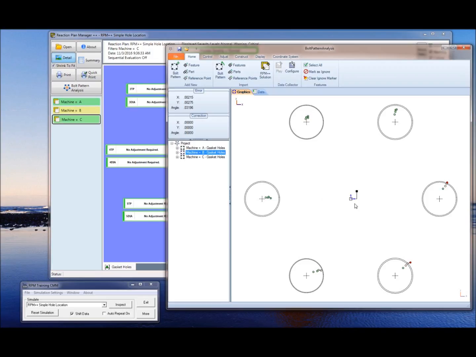So the pattern is shifted and rotated to the point where it's actually reached an out of tolerance condition. So now we need to make some adjustments to this. With the bolt pattern analysis software, I can click on Control and simulate a best fit. So if I click on the best fit button here, it will do the math for you and calculate the